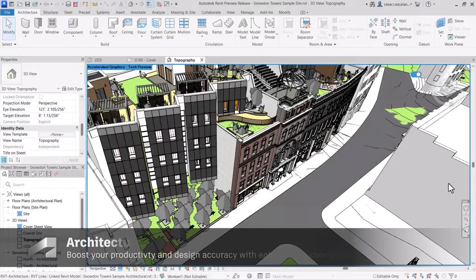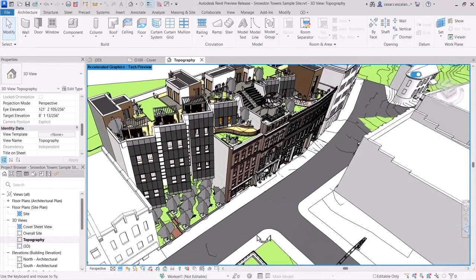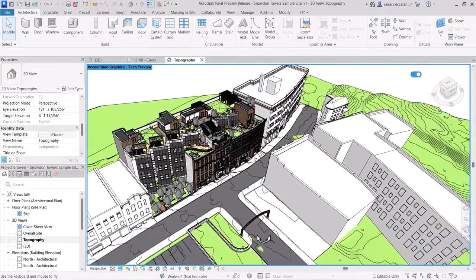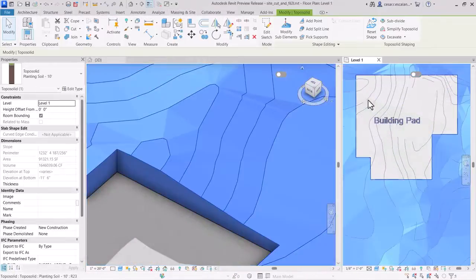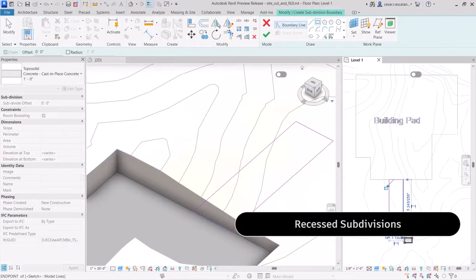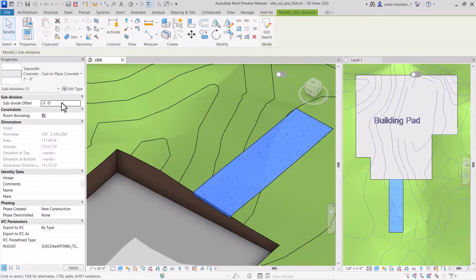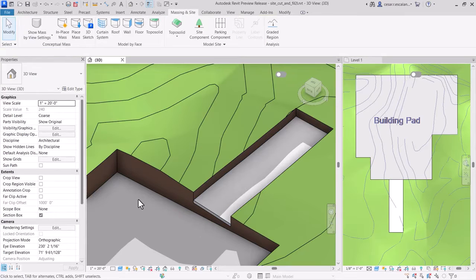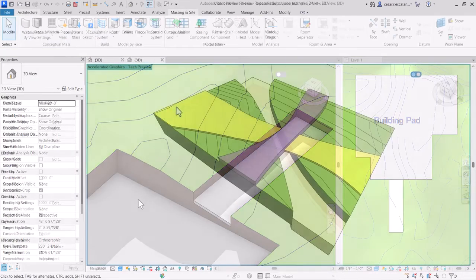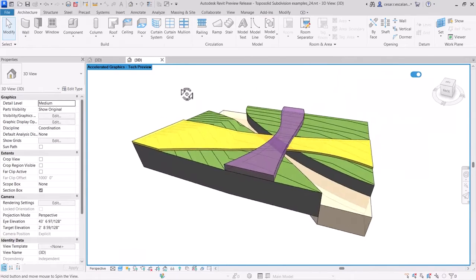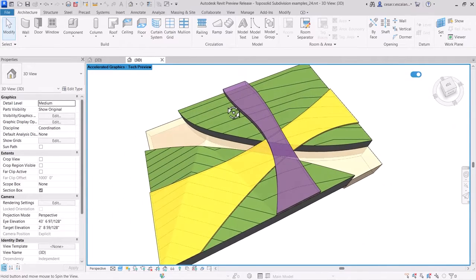For architects, Revit 2026 introduces significant improvements to toposolids and walls, unlocking better ways to model with greater flexibility and accuracy. Toposolids have been improved with new capabilities. Negative values can now be used for the subdivision offset parameter, allowing you to create recessed elements like sunken roads or pits. You can also apply multiple subdivision types in the same toposolid, enabling complex designs without the need for